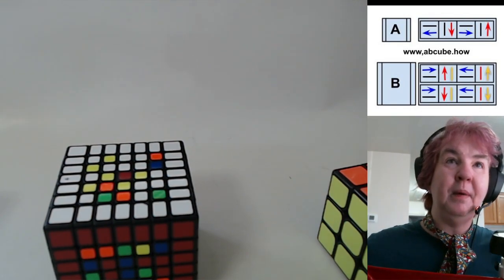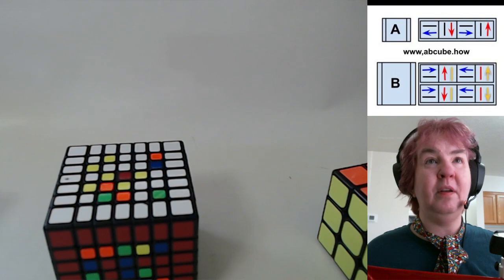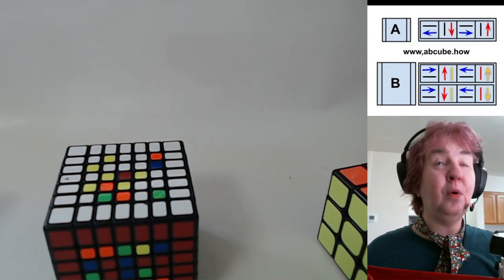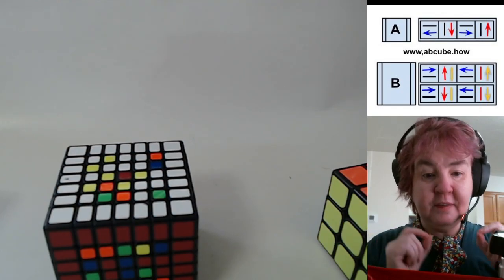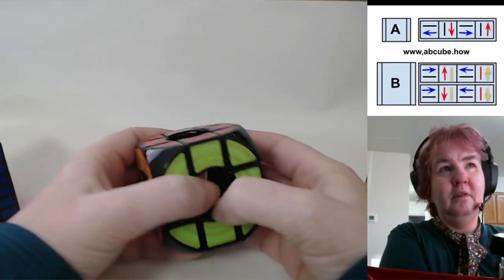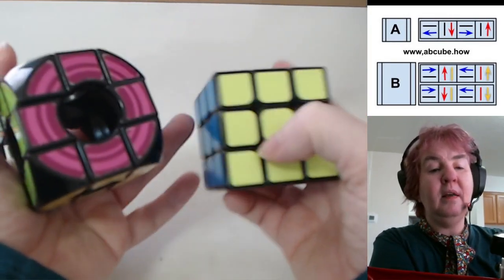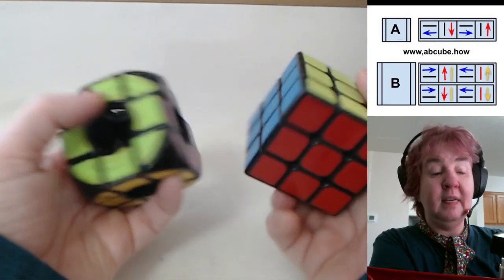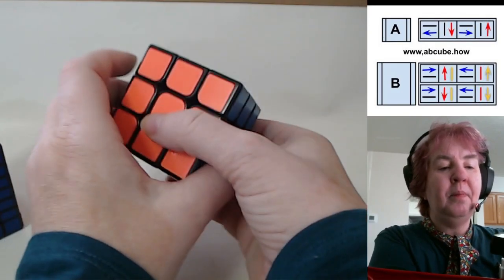However, parity is a lie. There are never 2 pieces out of place. There's always 3. And if you only see two, the third piece that you do not see is literally the piece that you do not see. It is the center that is a quarter turn off, which we never see on a 3x3, because if the center's off, we can see it. I'm going to create a parity on this cube by pretending